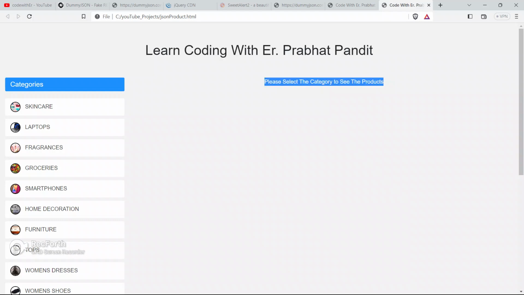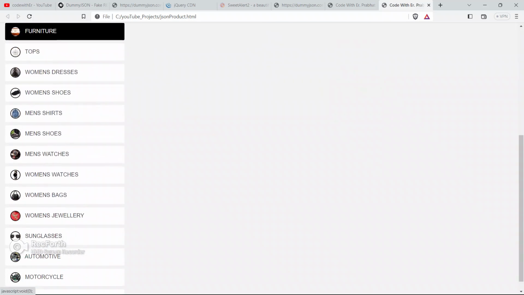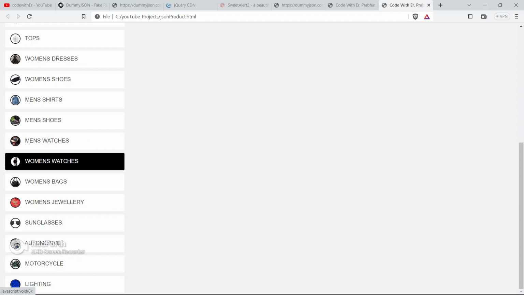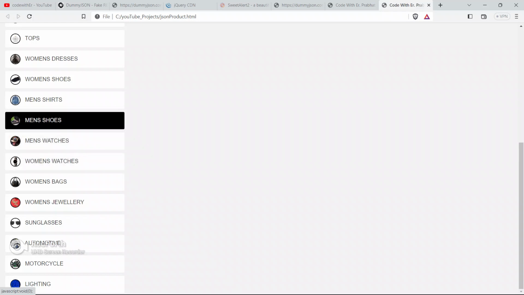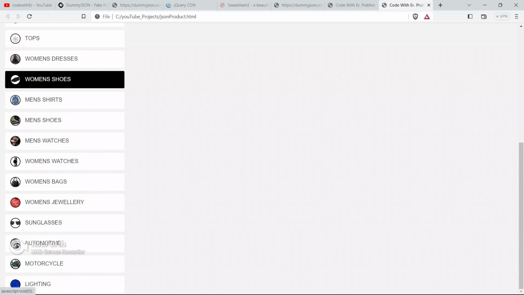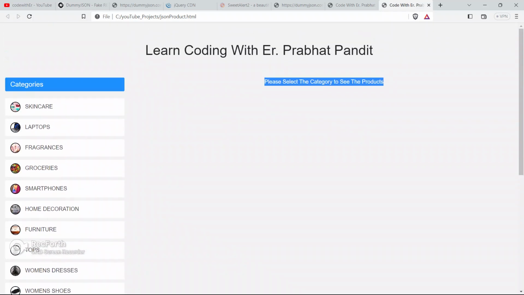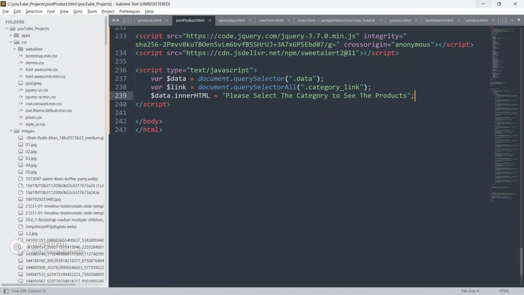As you can see here, please select the category to see the products. So we have to select the category to see products which belong to the particular category, like women's watches, men's shoes, men's shirts, women's shoes, women's dresses, tops, furniture, like that.